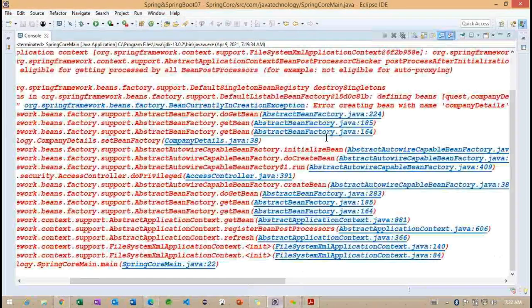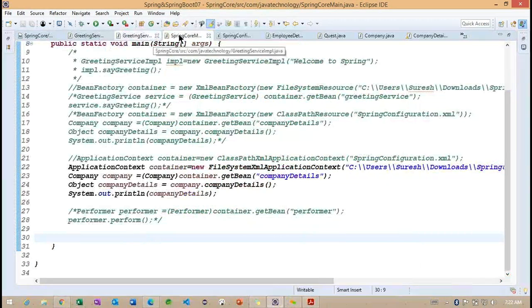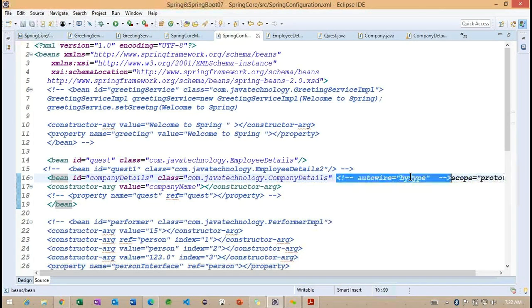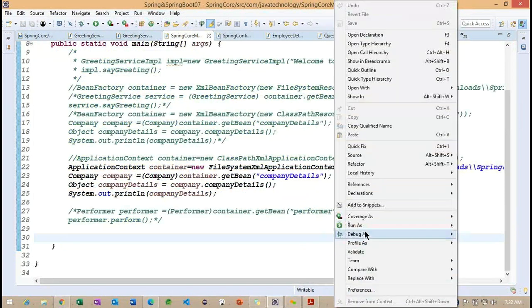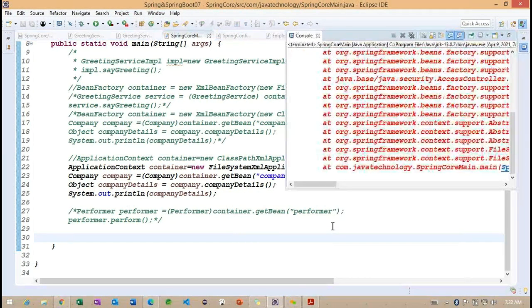So, okay, let me check here. Basically, for prototype it has to work, but this is the first time I'm seeing this error. Why is it failing here? Let me check by removing this autowire. I'm not sure whether this is related to the autowire.